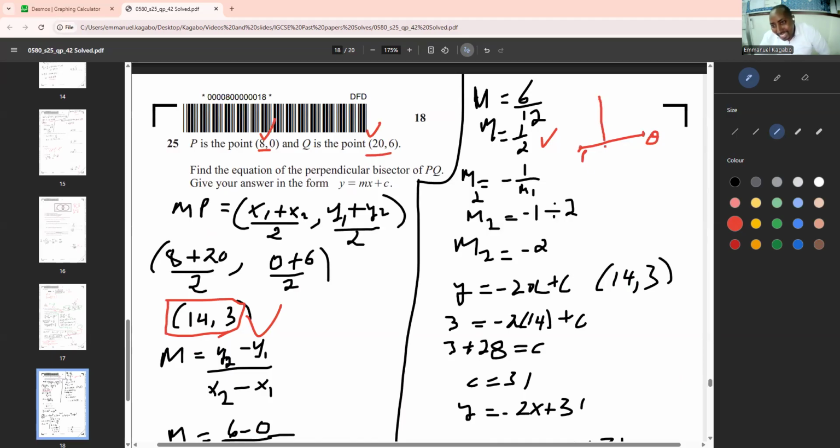Perpendicular bisector is like this. So it's passing through the midpoint. So it's a perpendicular line. So if two lines are perpendicular, you should always remember -1 over the gradient. That's what I did here. So you get -1 divided by